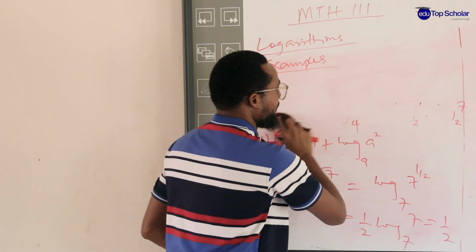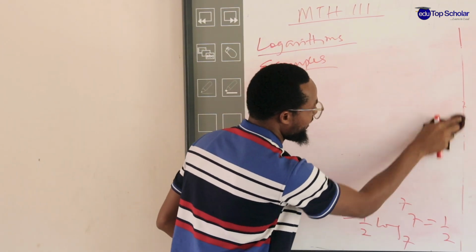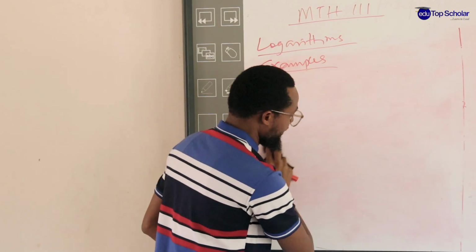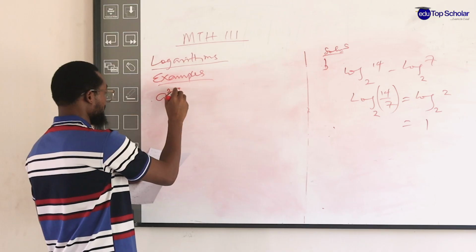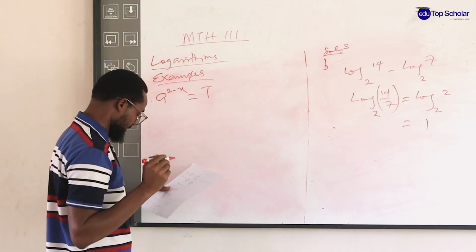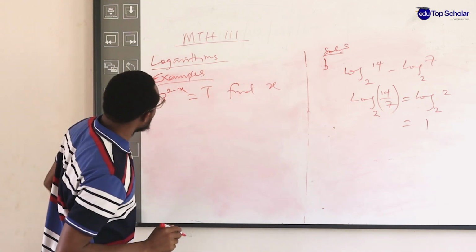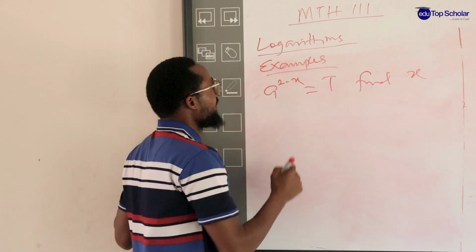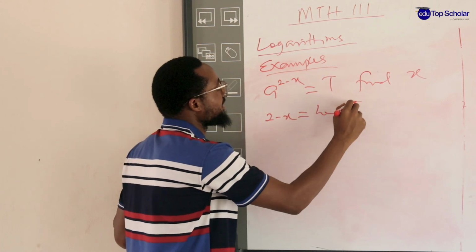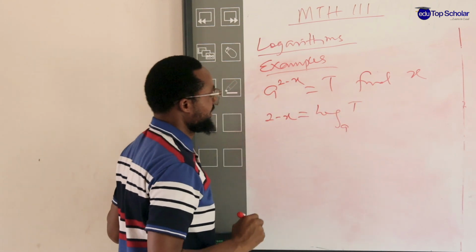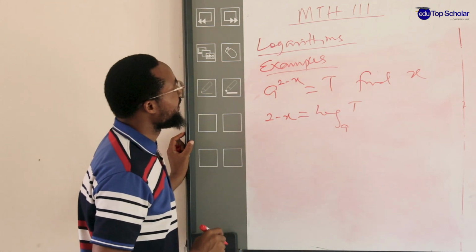So, further examples. We want to solve the logarithmic equation now, like we did during our indices class. If a raised to the power 2 minus x is equal to t, find x. From the definition, this power, the exponent 2 minus x, will be equal to log t to the base a. I hope this is straightforward enough for us to interpret from the definition that we have